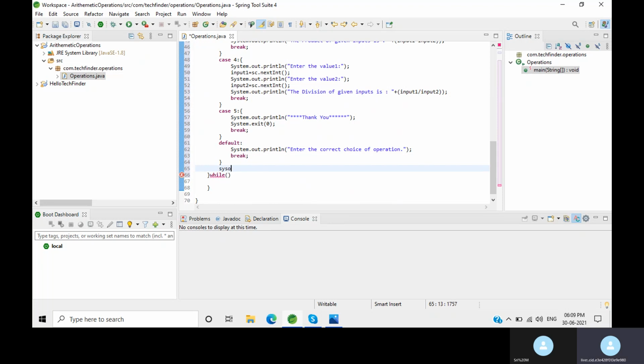So if the user wants to continue after the operation is performed, like if you want to perform another operation without running the program again, we can use this logic. Do you want to continue further? Yes or no.